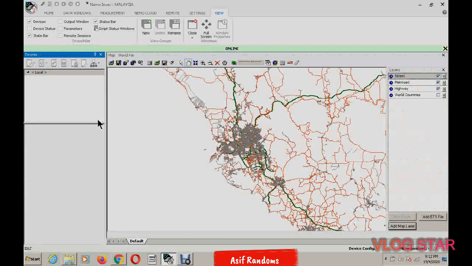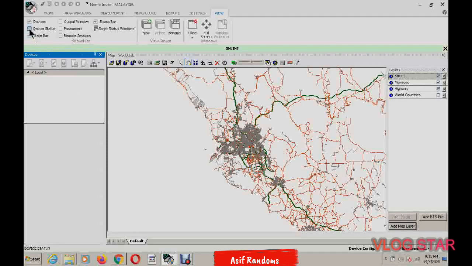Yeah, here you can see the devices box has appeared. This box will show us how many devices we added here. We can change the name of the device and can add the script and many things. After that, device status.